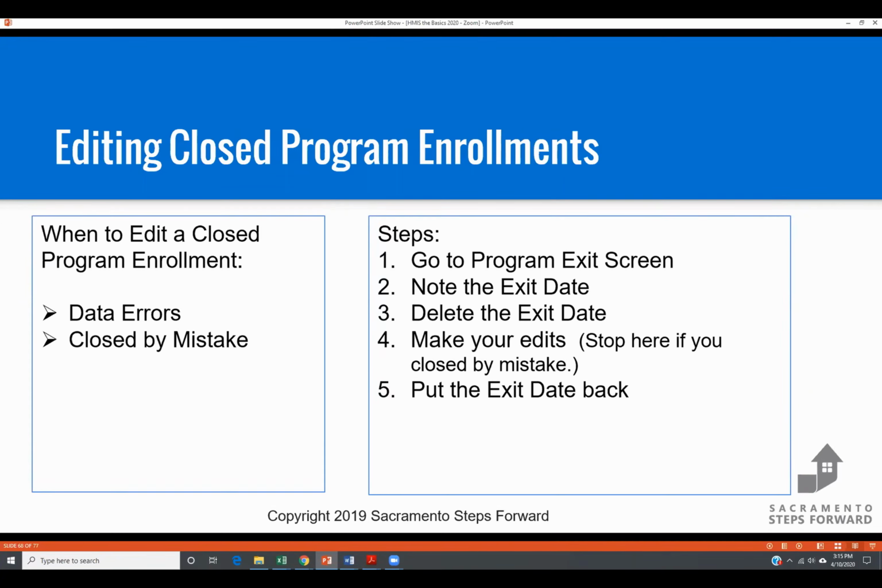So to reopen a program enrollment so we can make edits, it's really easy. We're going to go back into the program exit screen. We're going to make sure we write down the exit date, because if we're only making an edit, we're going to be putting it back later. We want to not forget. And then we're going to delete that exit date and save it. Then we're going to make our edits, and then we're going to put the exit date back. So to show you how it looks,